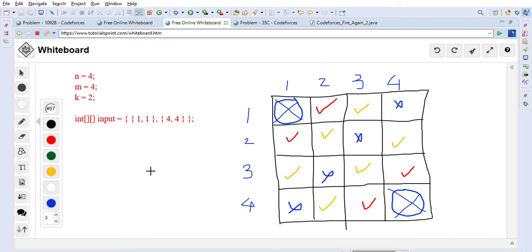Now how we are going to solve this problem is, we will use BFS here, right? Breadth first search. And we will use a queue or deque, like anything. A queue is a data structure where it is first in first out, right? So how will we use the queue? We will start BFS with the burning trees. This one we will add into the queue, and we will add this also into the queue, right? So now we have two coordinates, two trees which are burning. Those we will add into the queue.